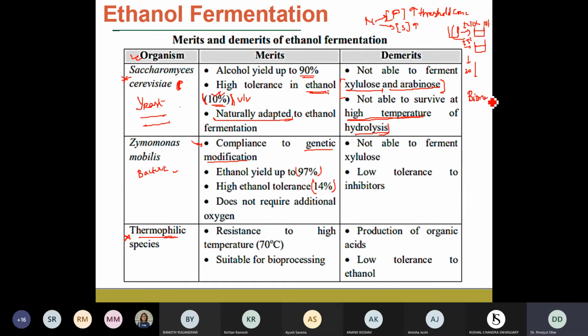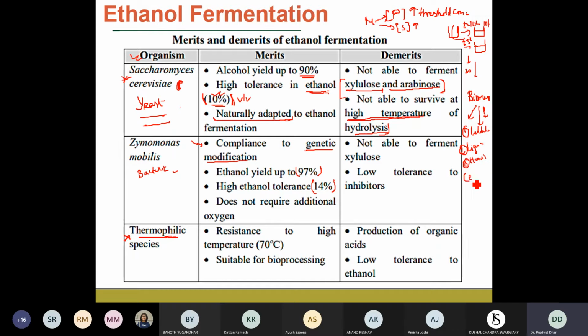Okay, suppose you have a lot of rice husk, or, after the rice is grown, the sugarcane bagasse, or any other biomass that is there. So this biomass, as I discussed earlier, is composed of three main components. The first component is the cellulose. The second component is the lignin. And the third component is the hemicellulose.